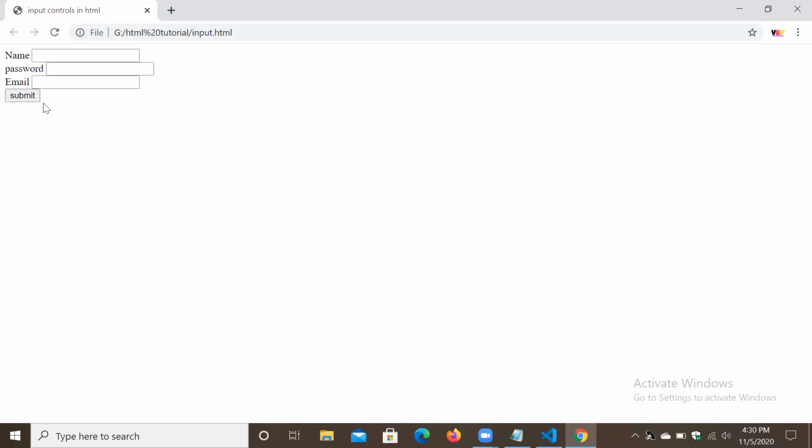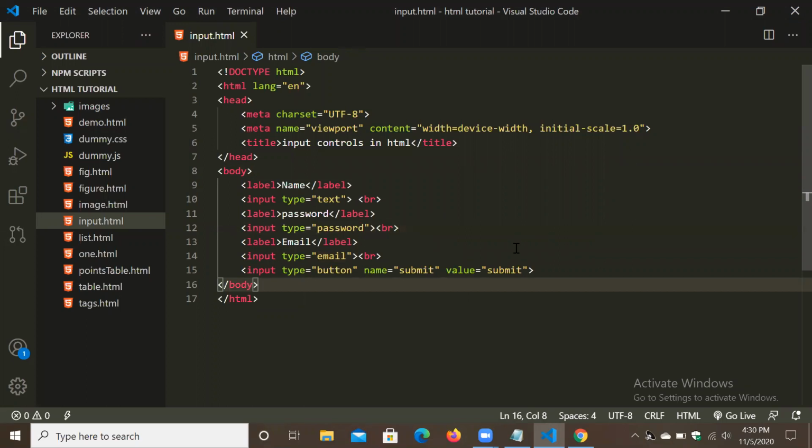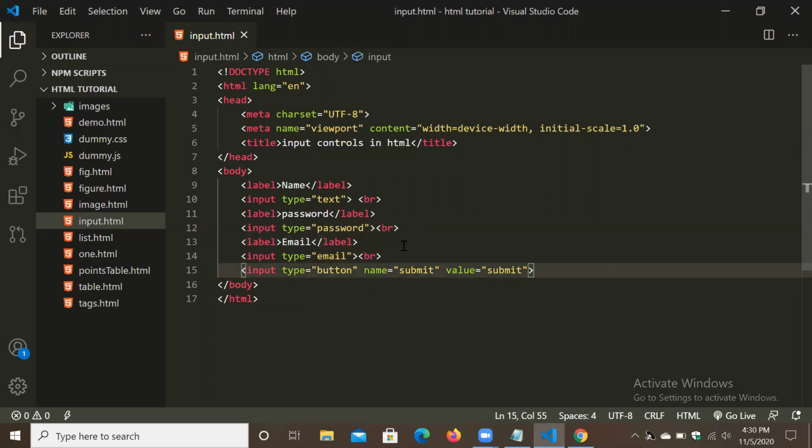Okay. Or we can create this in a more structural way by using table tag or form tag. Okay. So we will see that later, but for your understanding purpose, those are the input types, and some are remaining also.